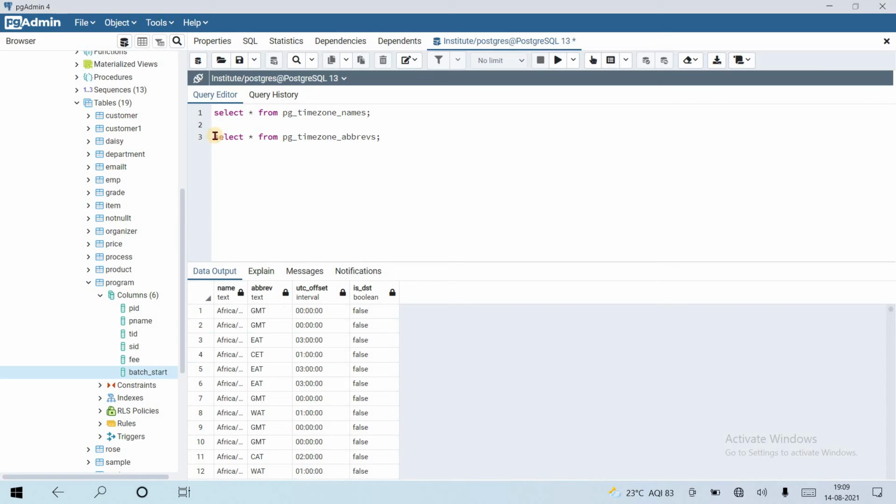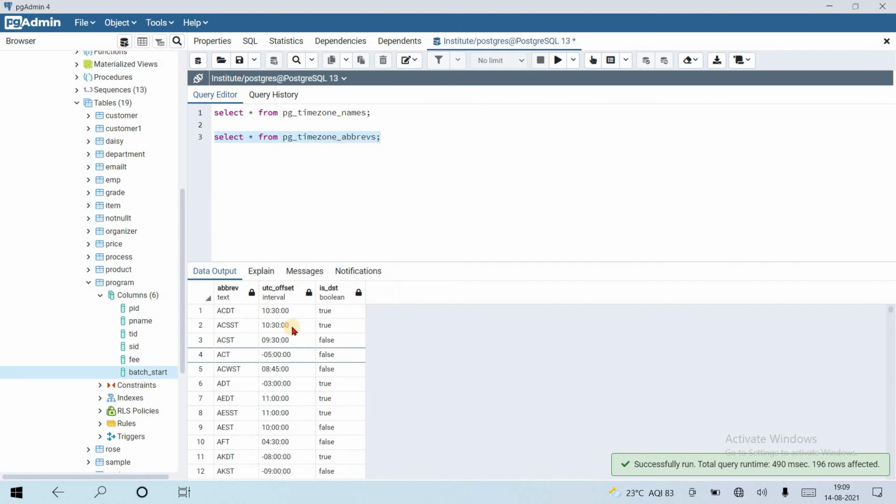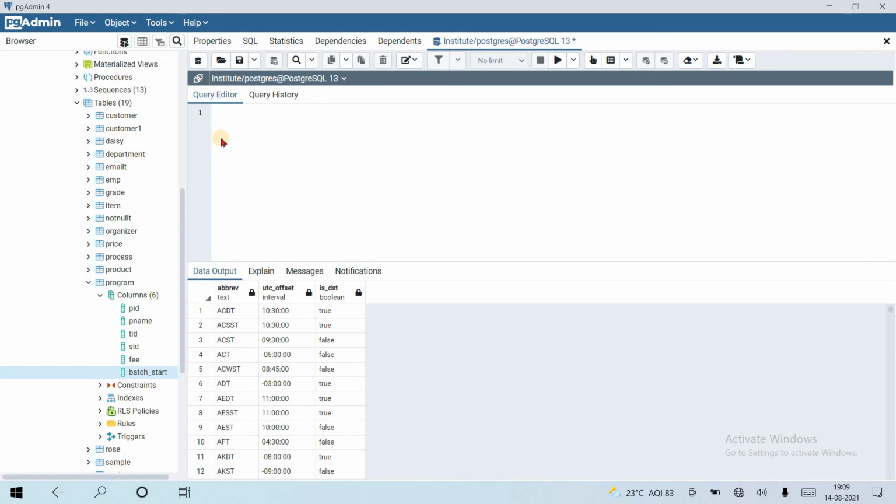Let's run the lower query. Okay, let's see the abbreviation, UTC offset and EST. Here the time zone name does not come. Okay, the above one is good, pg_timezone_names.